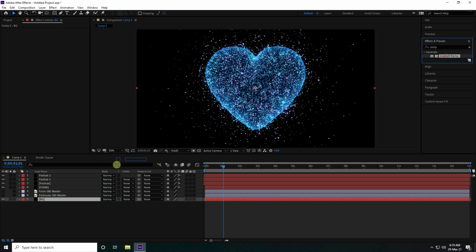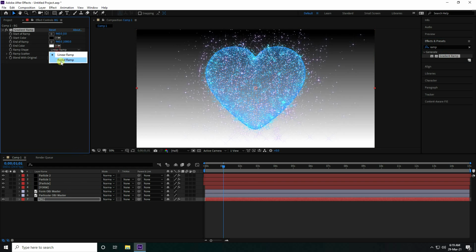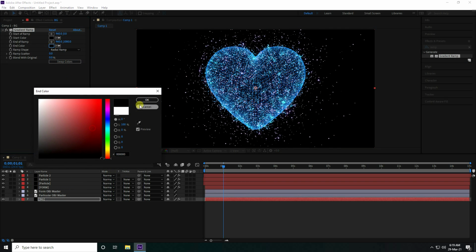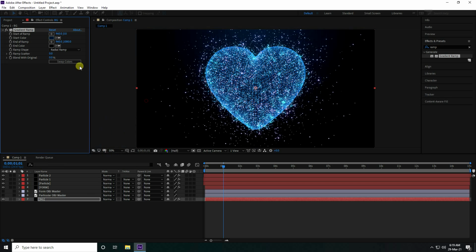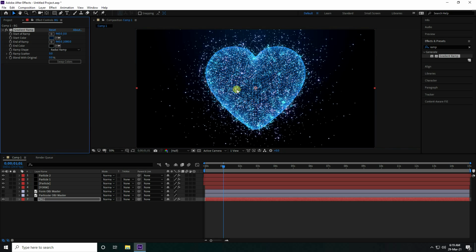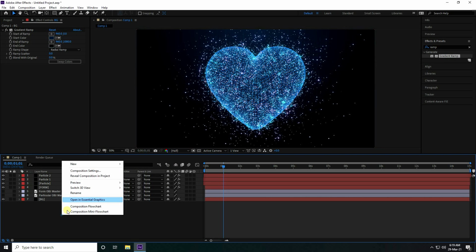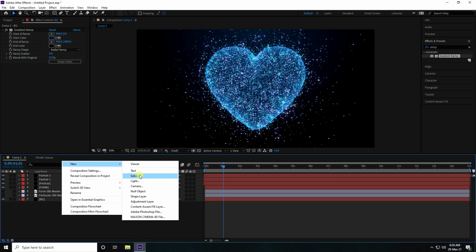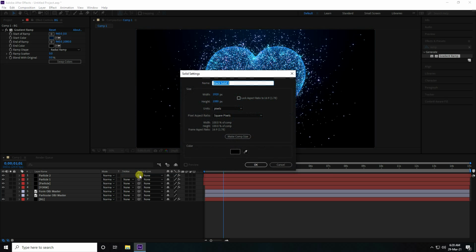Ramp, Gradient Ramp, apply, and guys take black and start color like blue, like this. Yeah, right. See, okay.